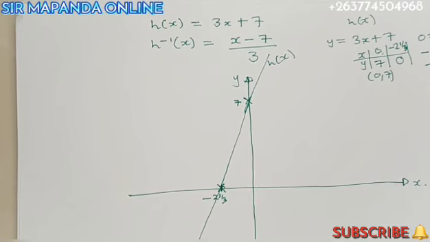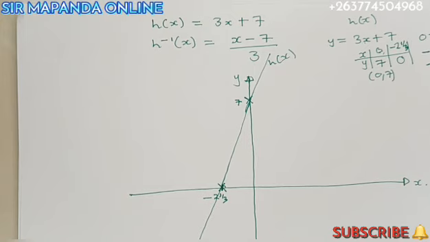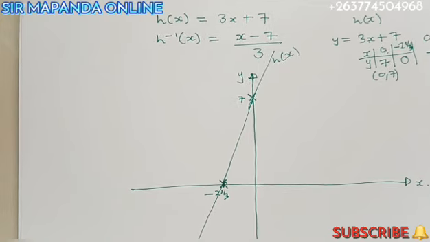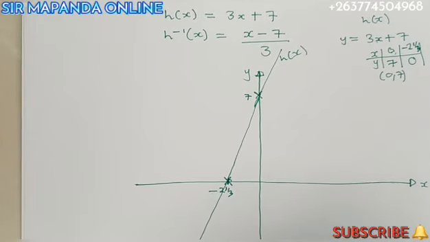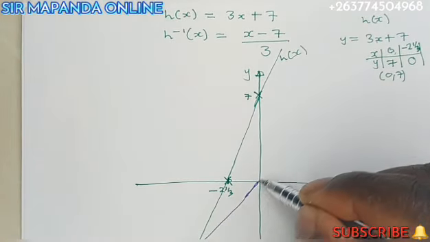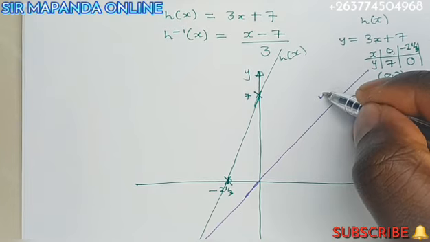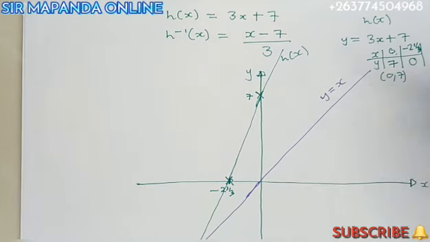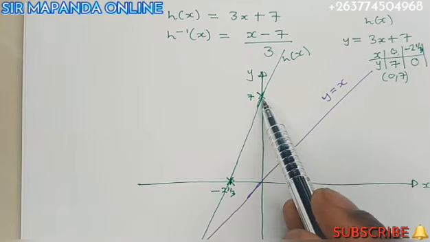Right. So what I'm trying to say is, if you plot these two graphs on the same Cartesian plane, they will be reflected by the mirror line y is equal to x. So if we reflect by the mirror line y is equal to x, it means